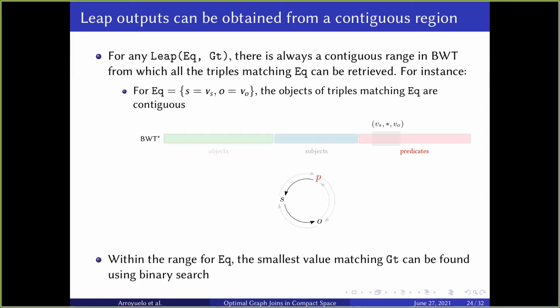So our leap algorithm first needs to find this contiguous region in the PWT of the triples matching the equality constraints, and then we show that within this region you can perform a binary search looking for the first, or the smallest, value which matches the greater-than constraint of the leap operation. So basically, in order to perform leap operations fast, we just need to find this contiguous branch within the PWT